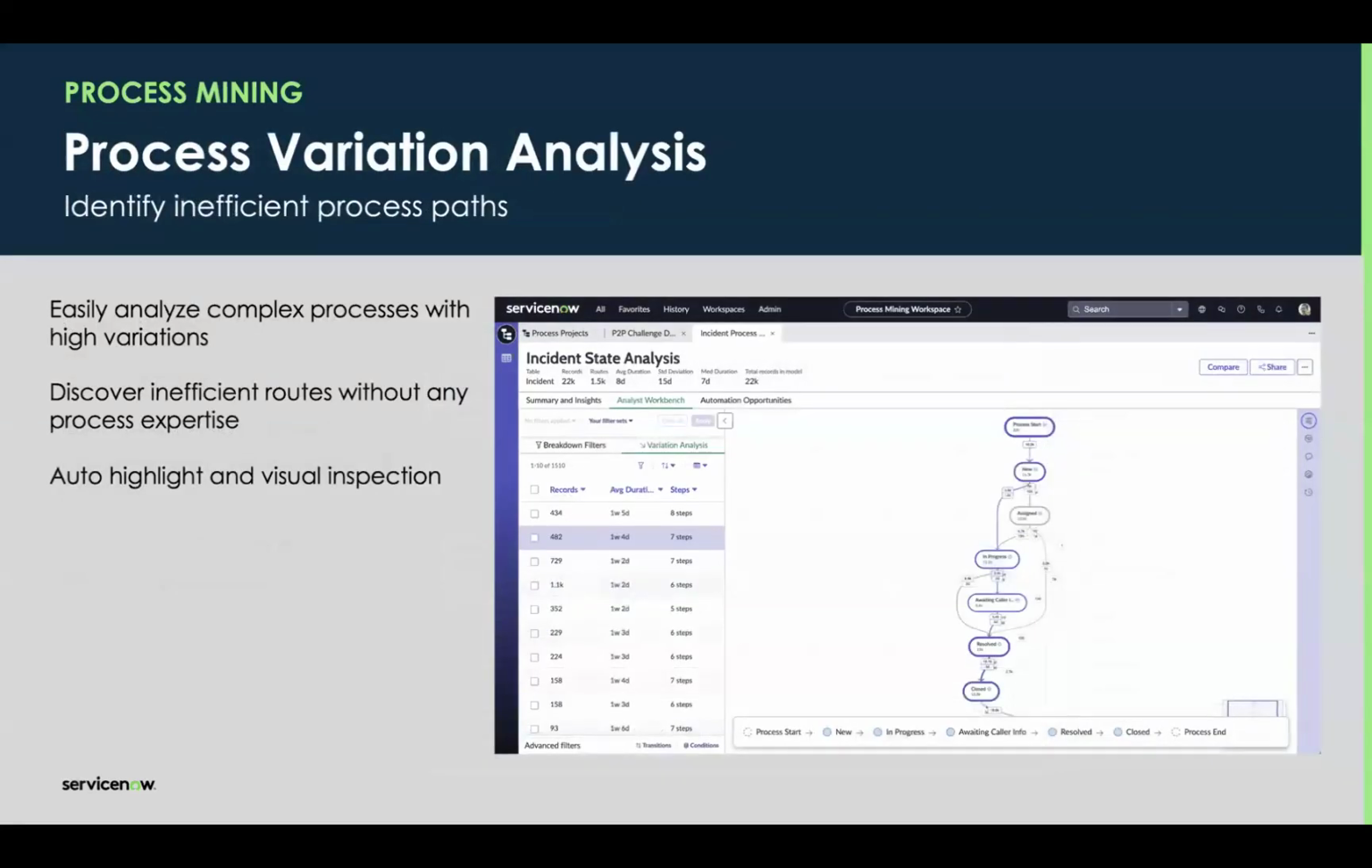So bottleneck analysis focuses on specific transitions. The process variation analysis focuses on complete paths or routes a record is taking. It'll show you each and every different route. And when you see the reality of your processes, there's going to be way more routes or variants than you anticipated. This is one of the ways that we can see how well we're conforming to our designed processes,